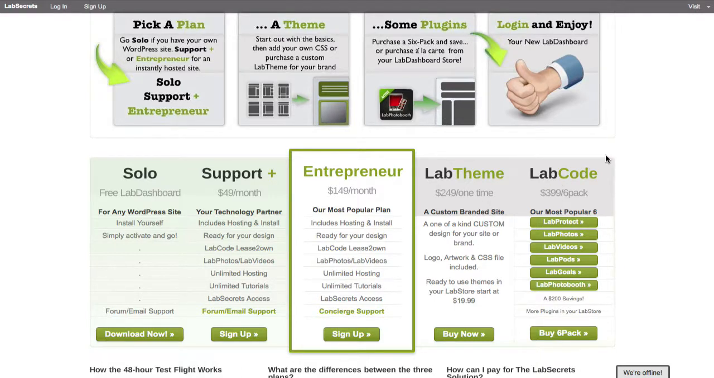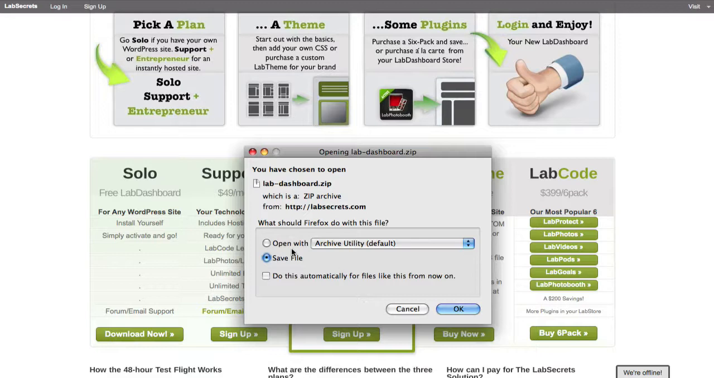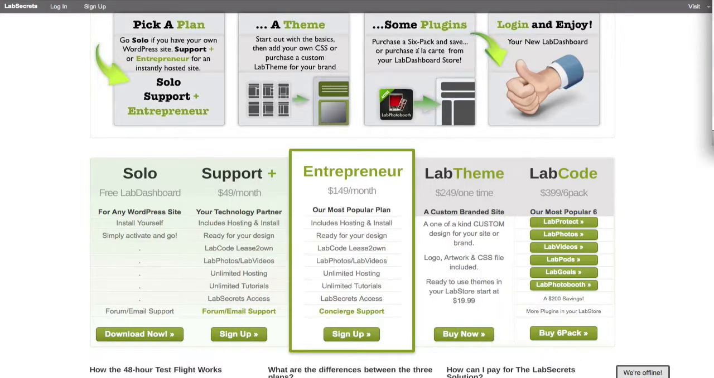Now, once you've decided on which plan you're going to go with, you can go ahead and either download the Lab Dashboard plugin by clicking on this link, and you'll get a Lab Dashboard zip file, which you can save to your desktop. Or if you're going with a hosted plan, you'll simply go ahead and click on one of the two subscription buttons, which will take you to PayPal, where you can go ahead and pay for your Support